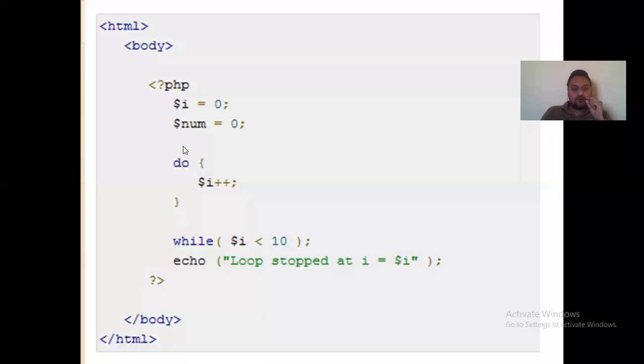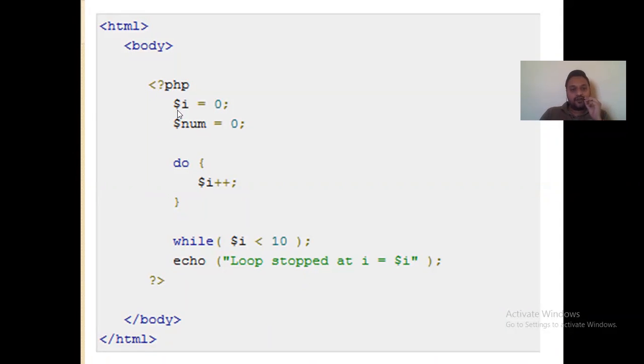This is how to write a PHP program that I have already explained to you in the last lecture. We embed our PHP program inside our HTML file. So there is a starting HTML tag, then a corresponding closing HTML tag, then the body tag, and inside the body tag we are embedding our PHP code. So how to write PHP code? This is the simple syntax: less than symbol, question mark, PHP. And whatever logic you want to write, you write inside it. Then you close it with a question mark and greater than symbol.